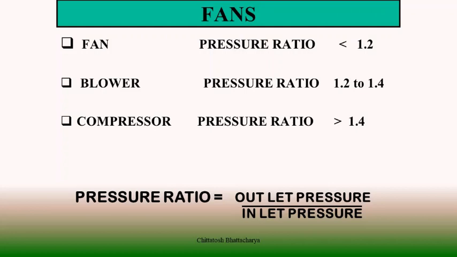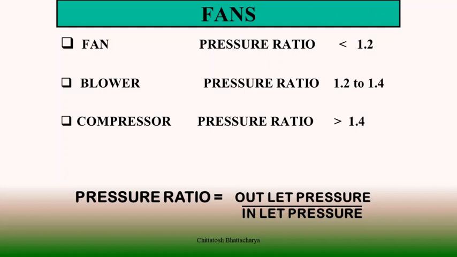Fan is not the only volumetric machine used for transfer of gaseous fluids. We have other equipment like blower and compressor. They are also very much used in power stations. For fan, blower or compressor, what makes them different is a term called pressure ratio. It is actually a ratio of outlet pressure and inlet pressure of the fluid